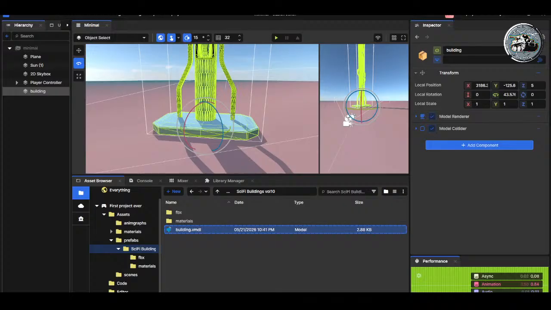That looks pretty good actually. Most of the time you'll want to go in